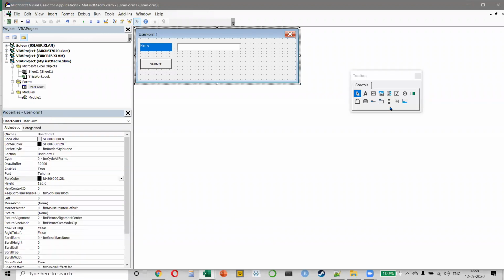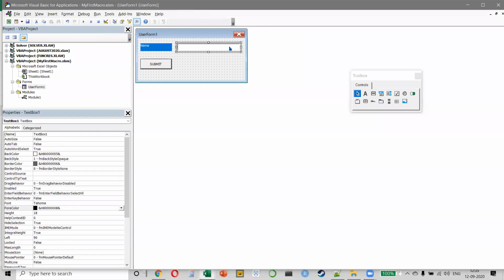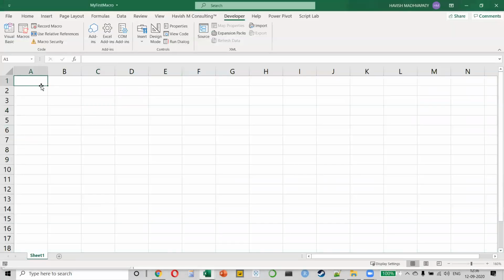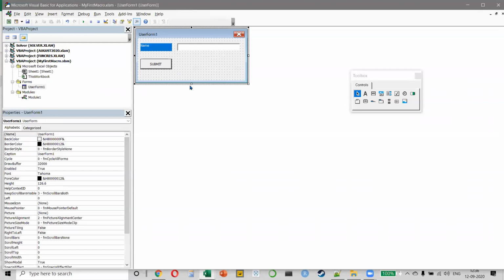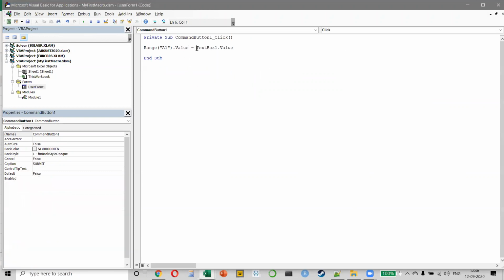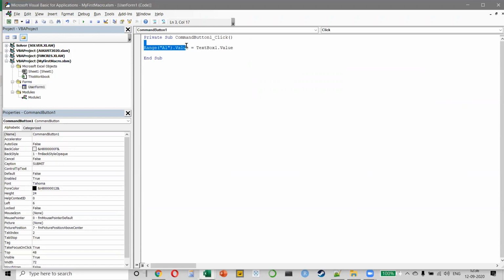Now what should happen? The user should write a value in this text box, and that value, when I click on the submit button, should go in cell A1, this one, right? So how do I do this? I will double-click on my submit button, and I'll say that when the user clicks on CommandButton1, then Range("A1").Value is equal to TextBox1.Value, which means whatever value is there in TextBox1 will go in Range A1.